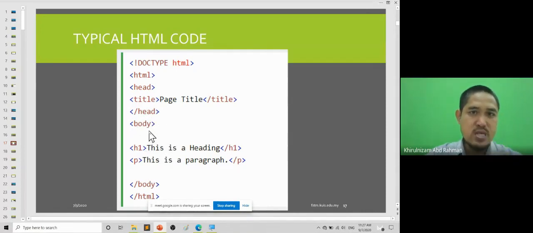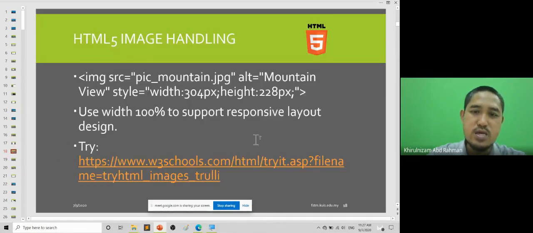So bear in mind, HTML stands for Hypertext Markup Language. It is a markup language. It's not a programming language. It's just a markup language. It will mark some territory. For instance,